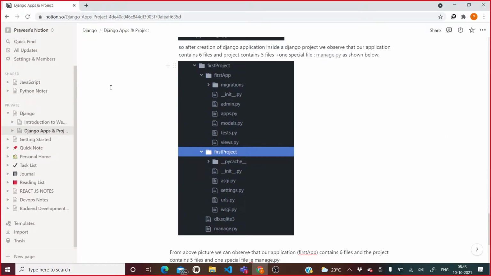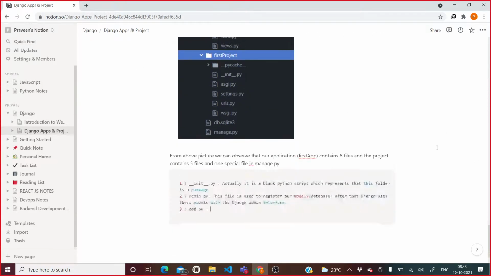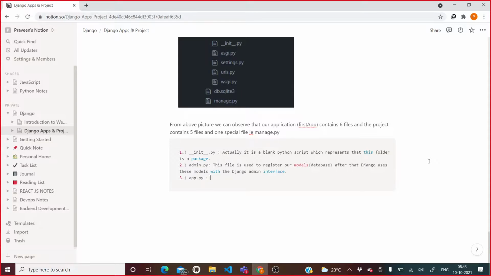Here you can see the third thing, it is app.py, correct? Now what is the work of this app.py? This file is used to specify application specific configurations.